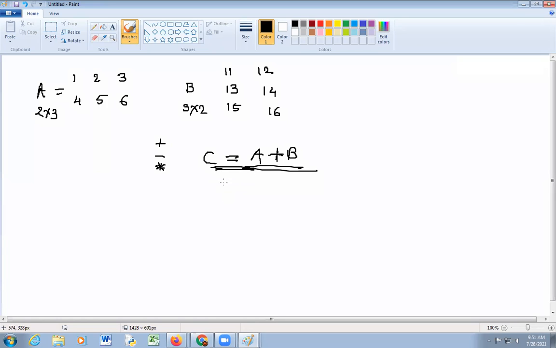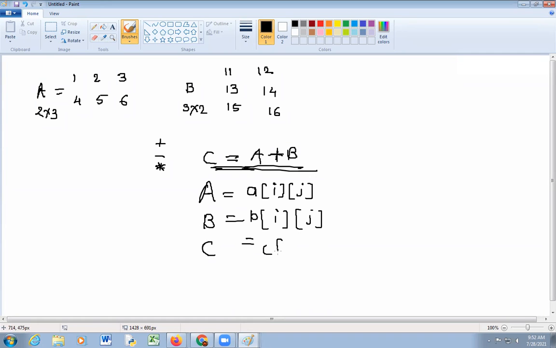So here I require three arrays. Array A, with size I, J, for matrix A, array B for matrix B, and array C for matrix C, where the C matrix stores the result A plus B. So how many variables do we require?